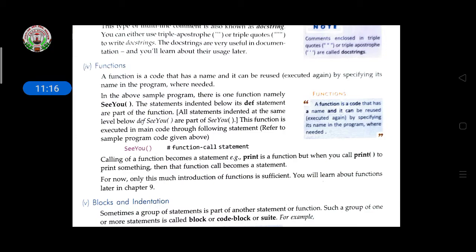That function can contain any calculations, any method you can give, and at the time of writing the program, if you want that function, then you can call only that function. If you are calling the function like this, some calculations will be done in that function. Earlier we had defined the function, so if you call it again in the program, that function will execute, do its work and then give the output.